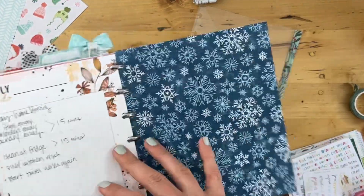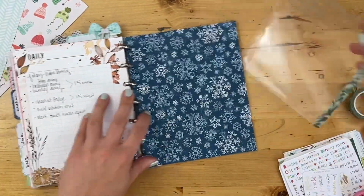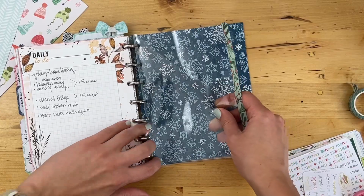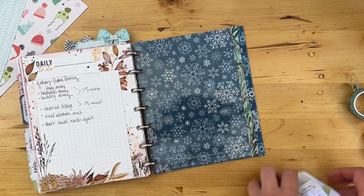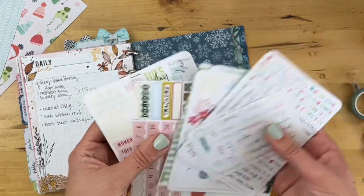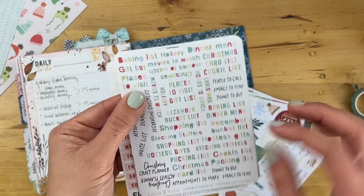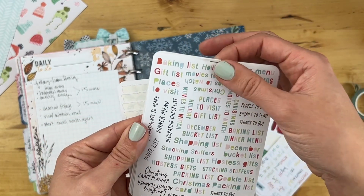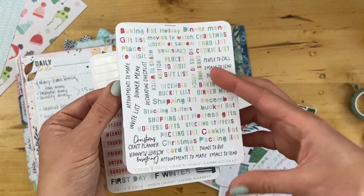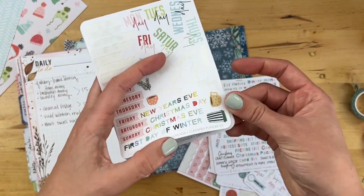Now I backed it with one more pattern paper just to, why not, add that extra color in there, and when it's laying out, it looks really pretty. So I like to do this and make a little mini sticker book. I just add a small staple to the top of these sheets. So these are all of the planner add-on ones. This is from the classified planner kit,